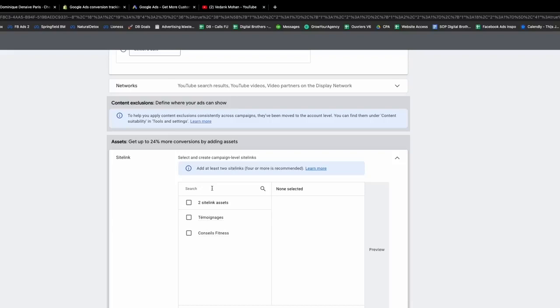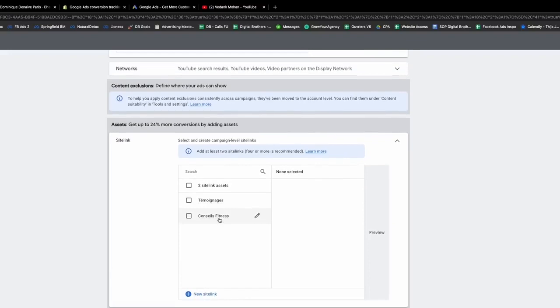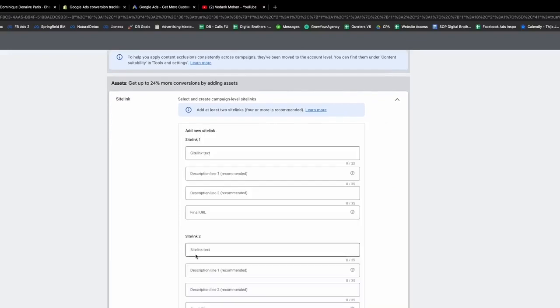Okay, so let's say here you're trying to advertise a winter product, so you will have your main product page linked to the main call to action. However, if you want to actually promote and advertise different products on your website, you can still put them here as sitelinks. Okay, so to create a sitelink, you just have to click on new sitelink here, and you have